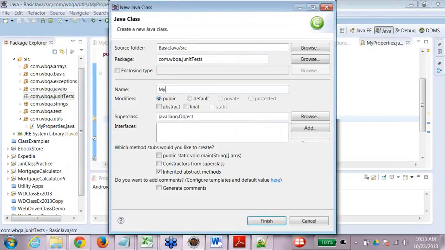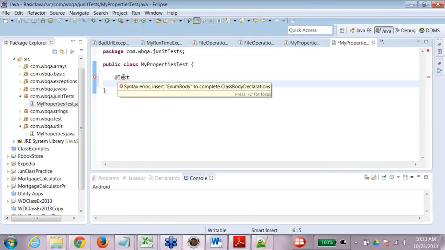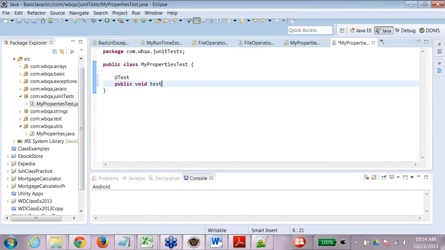So I would say my property test, and I'm creating a JUnit 4 class. I will be using the annotation @Test. You can import the annotation. So let's say public void test